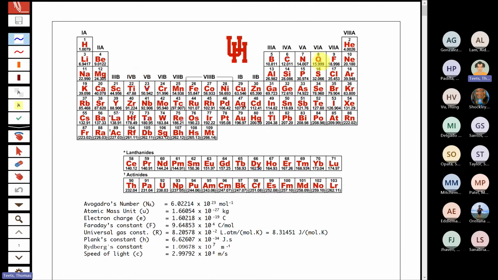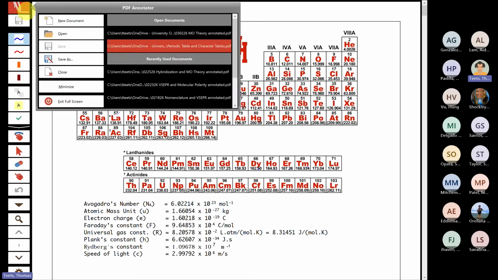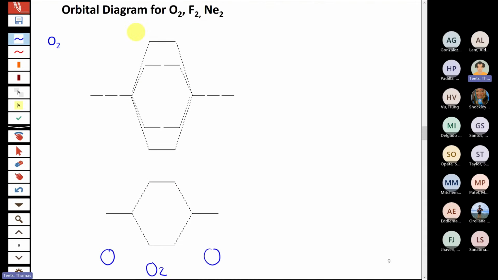So oxygen is over here in the 2p block of the periodic table. As we discussed earlier in this course, around chapter 2 or so, the valence electrons for oxygen are the 2s and the 2p. So 2s2, 2p4, meaning that any of the elements in the p block are going to have both s and p valence orbitals available. And that's what we need to formulate for the molecular orbital diagrams.